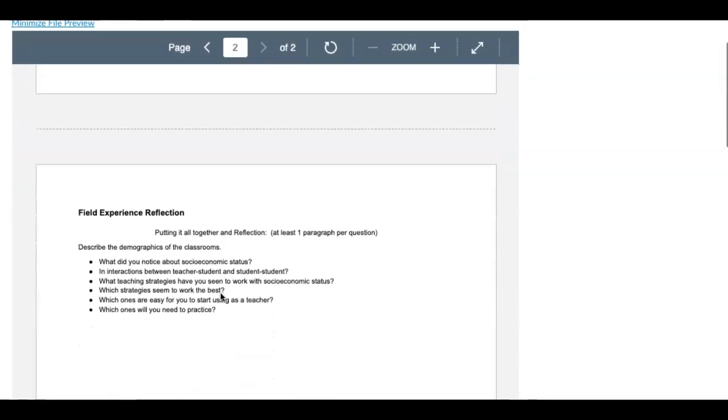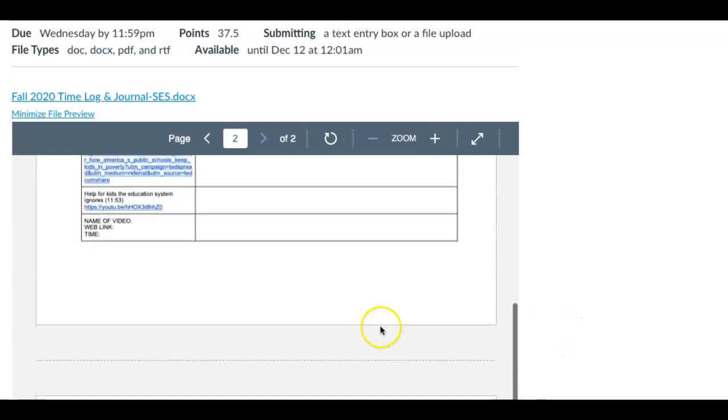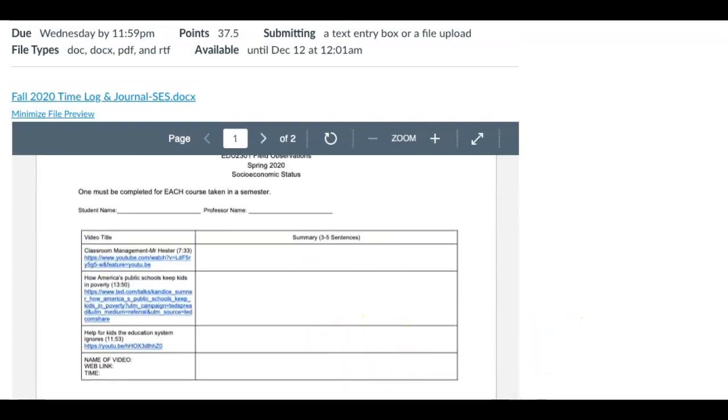And then remember, for these, there needs to be a paragraph per question. If you just write one block paragraph for all of them, then you're not going to get maximum value points when it comes to the reflection part of this assignment, okay? Tell me a little bit what's going on in the video up here as well, once again, in order to get maximum value of your points.